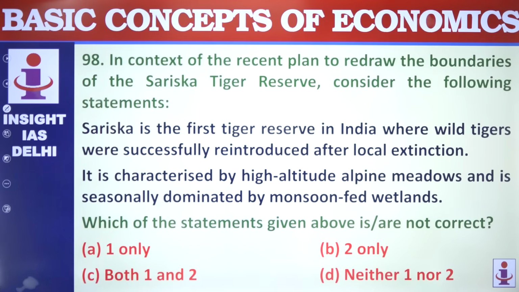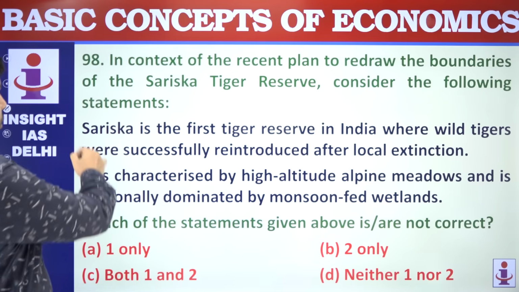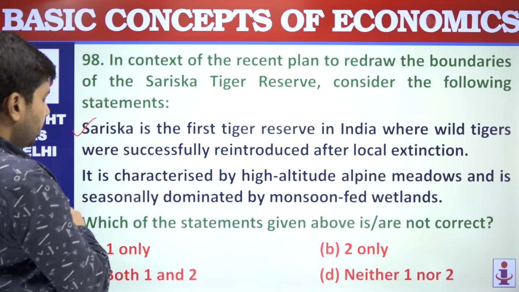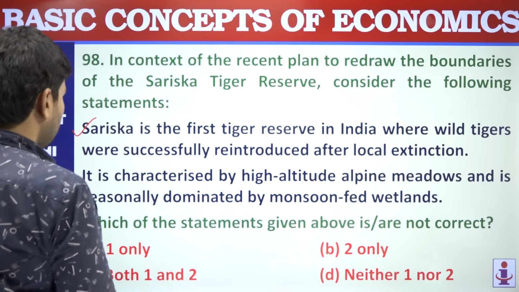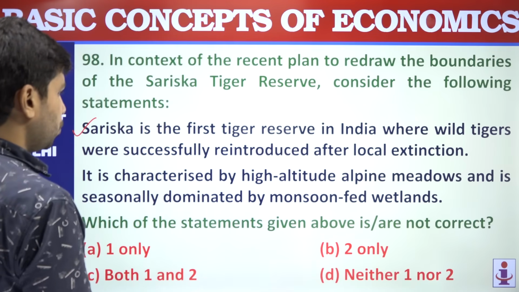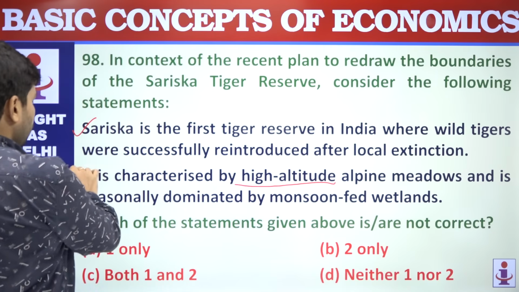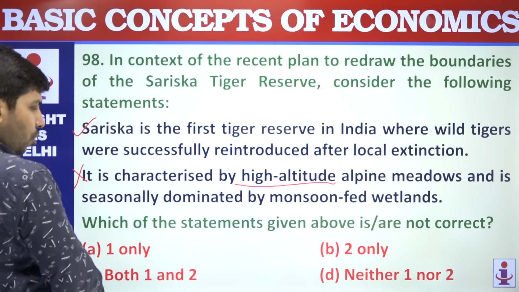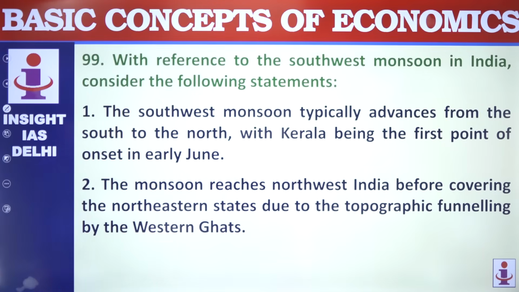Sariska Tiger Reserve in India, where wild tigers were successfully reintroduced after local extinction. Yes, this is correct. It is characterized by high altitude alpine meadows and is seasonally dominated by monsoon. No, it is not characterized by high altitude meadows. This statement is not correct. Only 2 is not correct. Next is